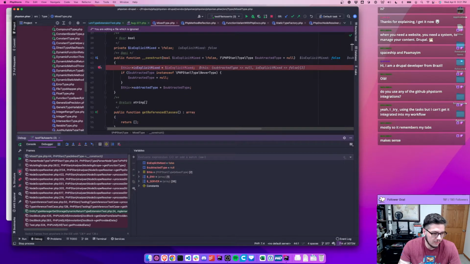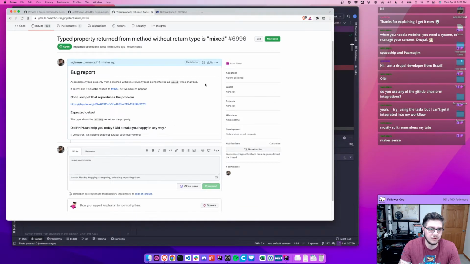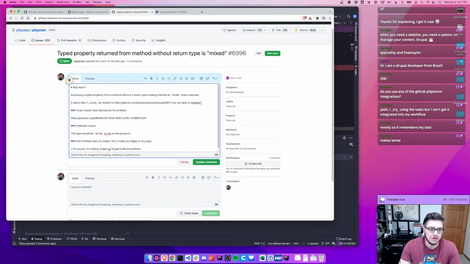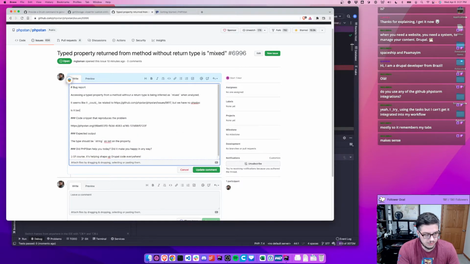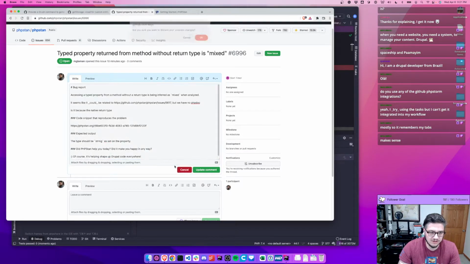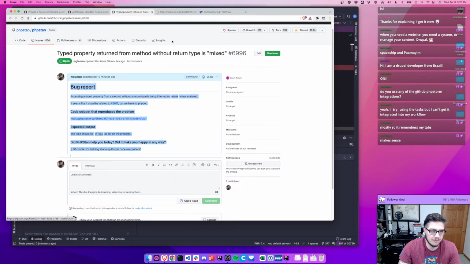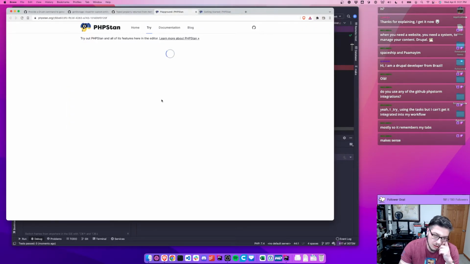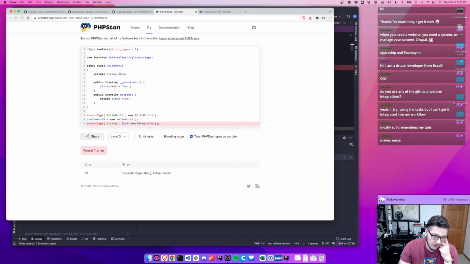I think I know why. I'm just going to stop this. Is it because the native return type mixed since... But that actually doesn't make sense, and that actually doesn't make sense how this is erroring then. Because I don't get why this would be returning a string if this foo bar, like that's,